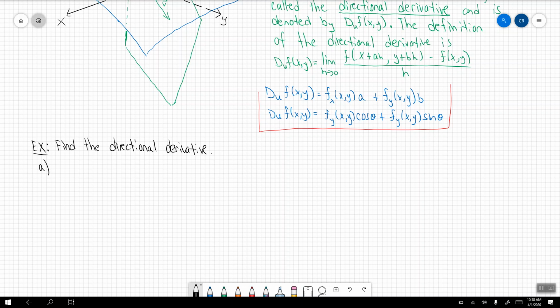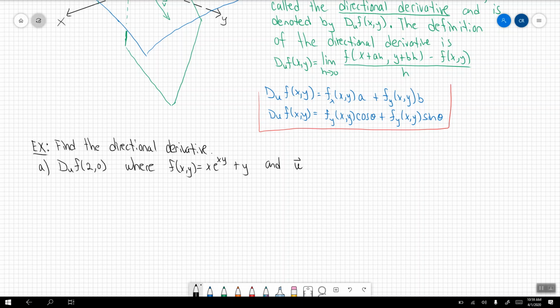For part A, we're going to be looking to find the directional derivative in the direction of the unit vector and at the given point (2, 0) for the function where the function f of x, y is given by x e to the power of xy plus y,